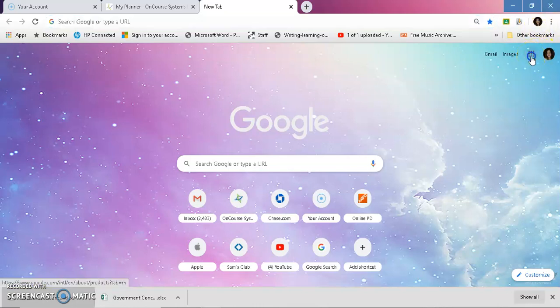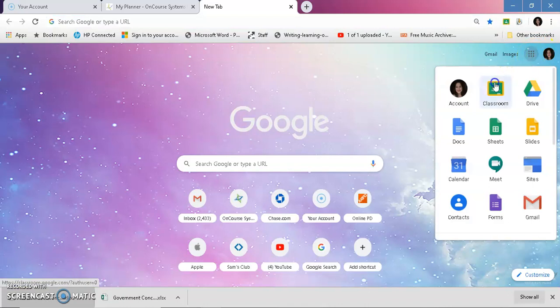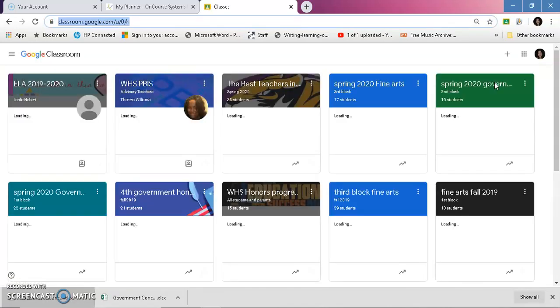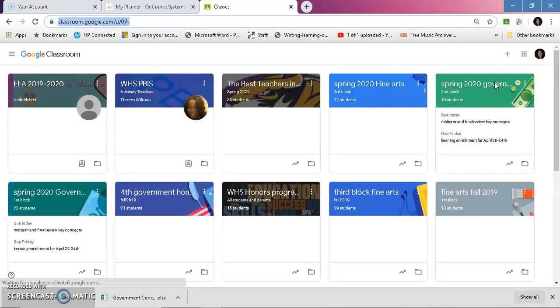So here we call this a waffle. And everybody knows that. And you click on here and you'll see Google Classroom. If you have not made a Google Classroom, please try. You have to see if you're in the system as a teacher or as a student. Most of the teachers in Iberia Parish are listed as students until Miss Candace Myers changes you.